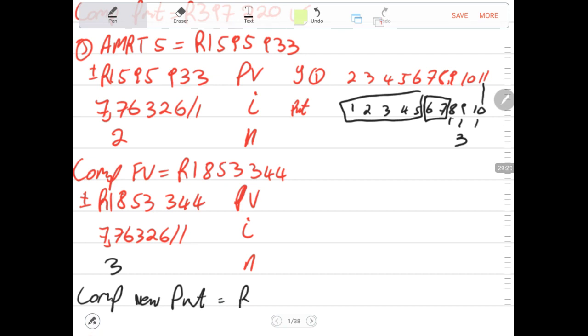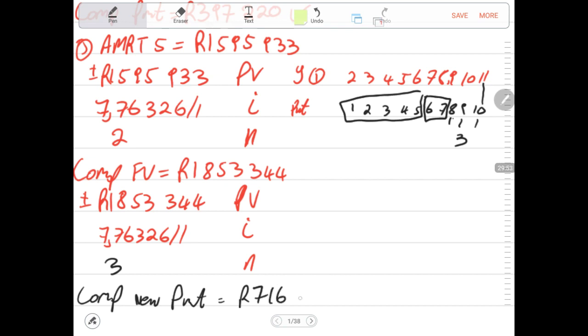We have 1,853,344 plus minus present value. 7.76326 is our interest. Our N is the remaining 3 years, because the farmer still wants to make payments for the period of the contract, which was 10 years. Then we say compute PMT. How much can the farmer pay? The farmer has to pay